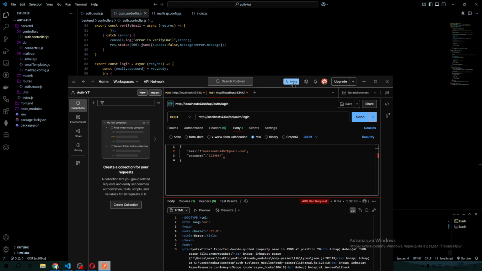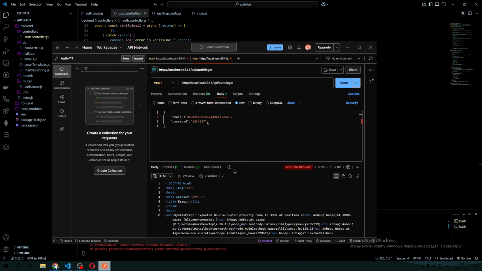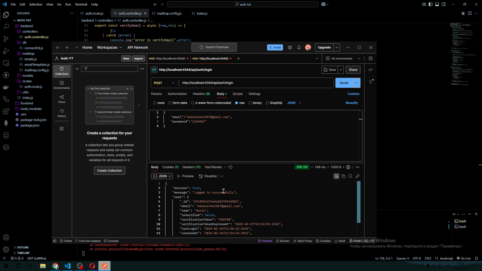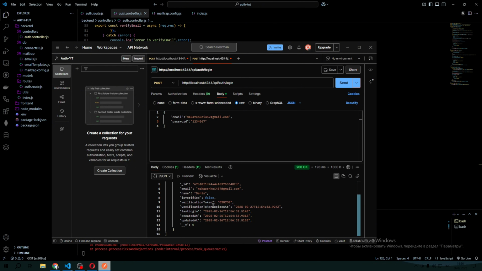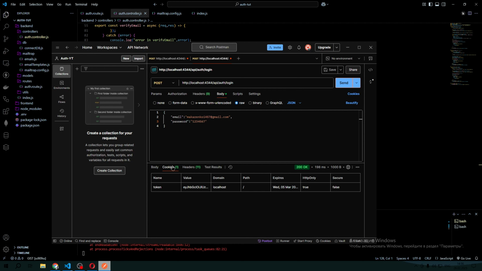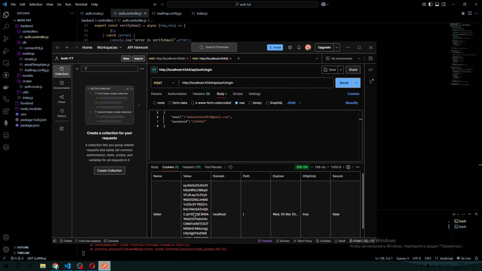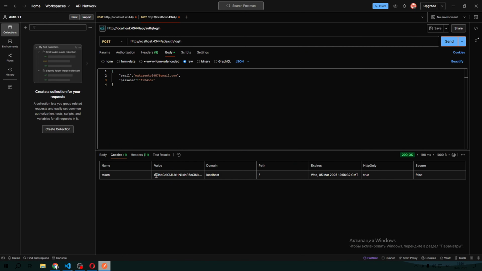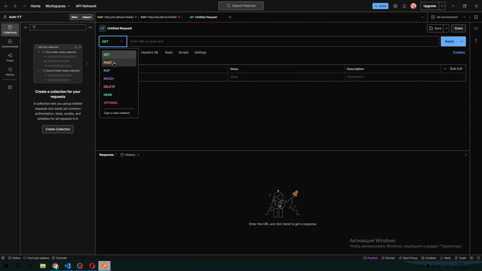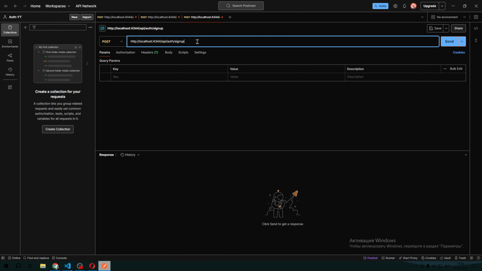Okay, damn, I forgot to remove the comma here. Okay, let's remove comma, and now everything works for us and we can log in. Okay, and as you can see we now have a token in our cookies. Look, okay, let's now verify our email,